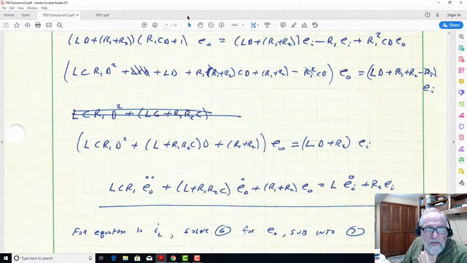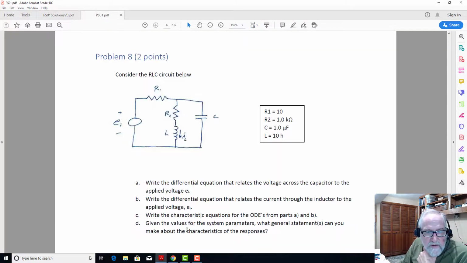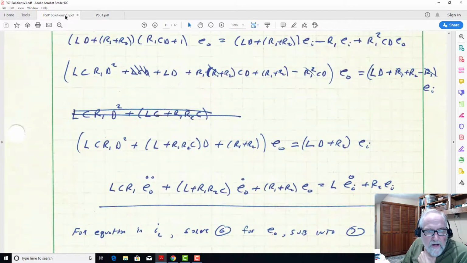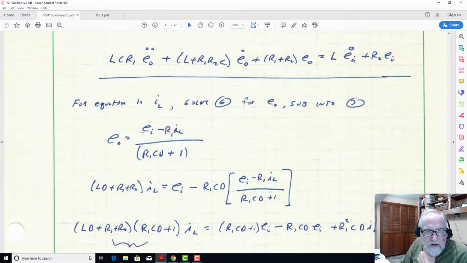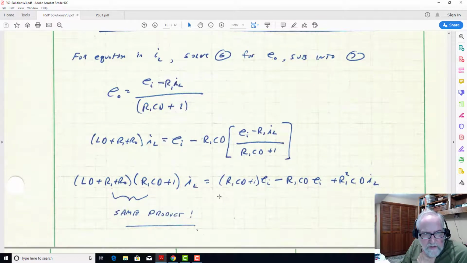So part B, which is find the differential equation that relates the inductor current, I sub L, to the applied voltage, just going in the other direction, right? Solve equation 6 for E sub O, substitute it into equation 7, and you can walk through this. Hopefully at this point it makes perfect sense. We have to get rid of this